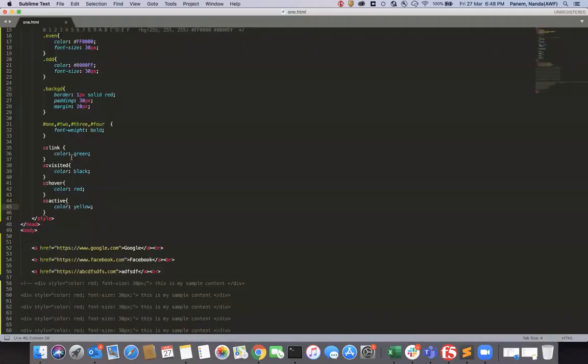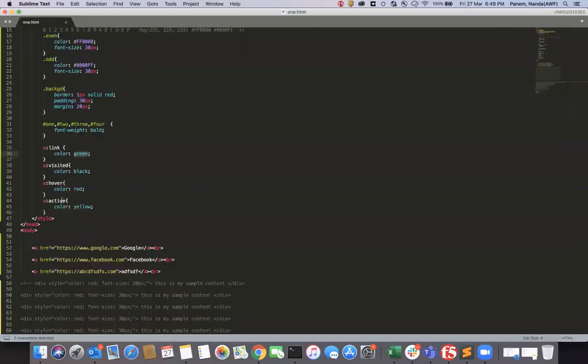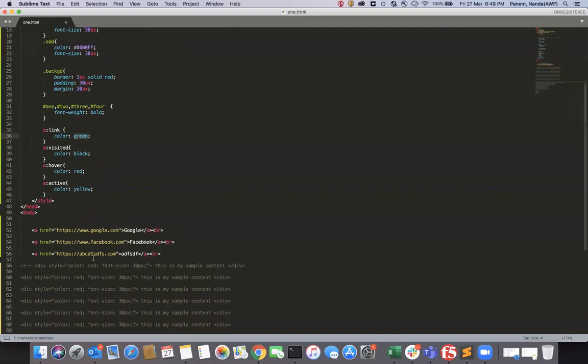But now when I go back and refresh this page, it still comes as green, because we have not actually visited that page; there is no such web page on that website. Suppose I change this to a website that is available.